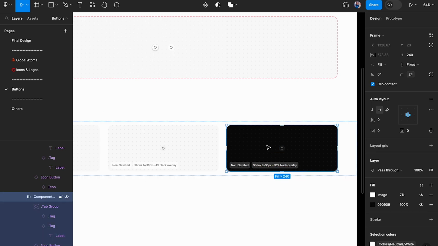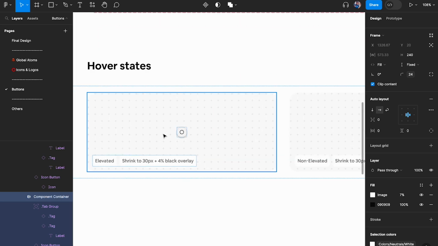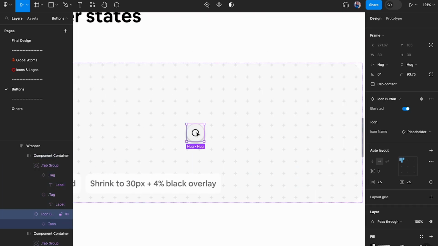Now, of course, this is not the correct way to do it because we have to set up tokens and we have to convert it to dark mode automatically. We should not make these manual changes. But once we set up the design tokens, I'm going to come back over here and then fix all of this up. Now, the reason I'm not making a dark mode version for this is because we know that this